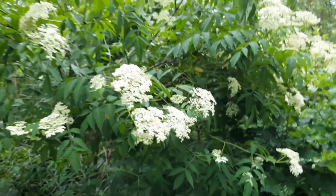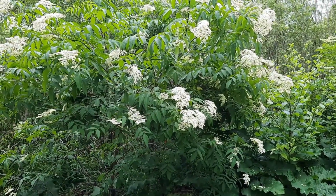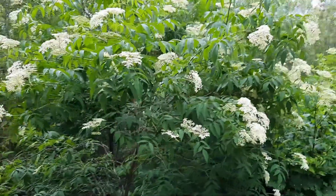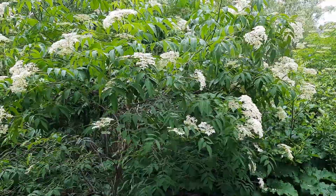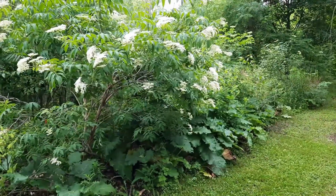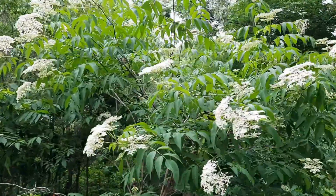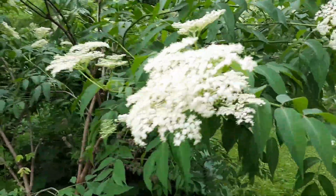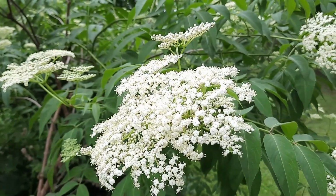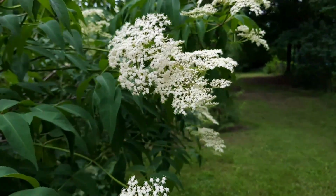Now this is a bush that is in the Adoxaceae family, and that is a family that contains basically the Sambucus and the viburnums. So you can see how easy it is to spot it this time of year. And chances are if you see something that looks similar, it's going to be a viburnum. However, I'm going to put pictures at the end of the video to show you different uses for the flowers and the berries. But before I do, I want to take you somewhere else, because there's another member of this family